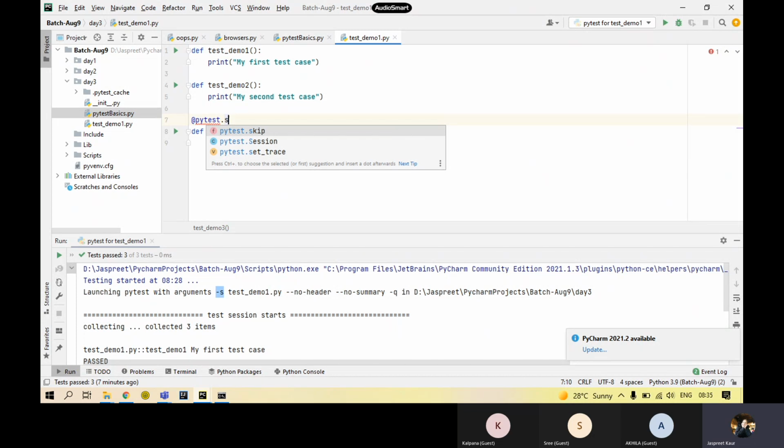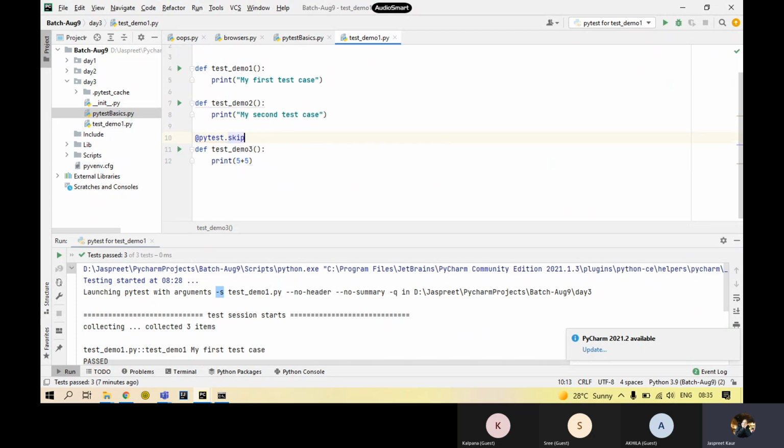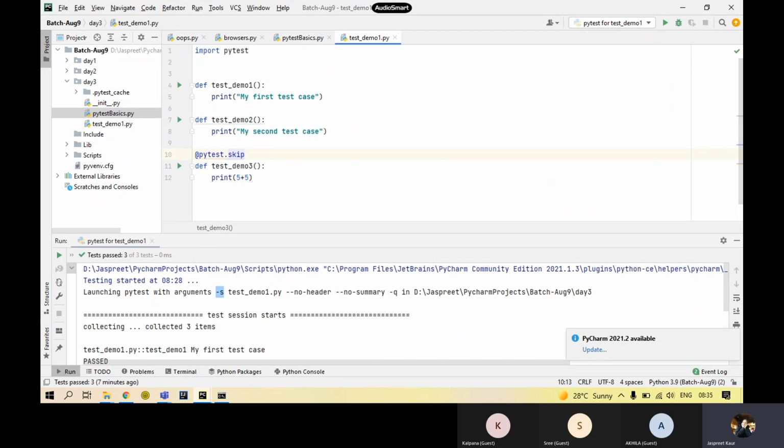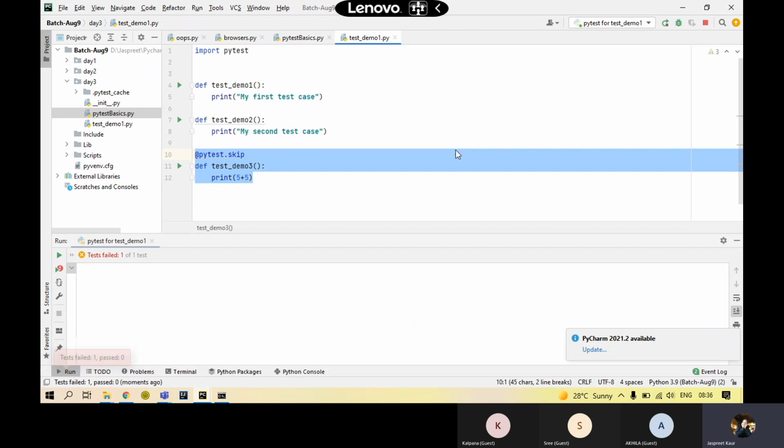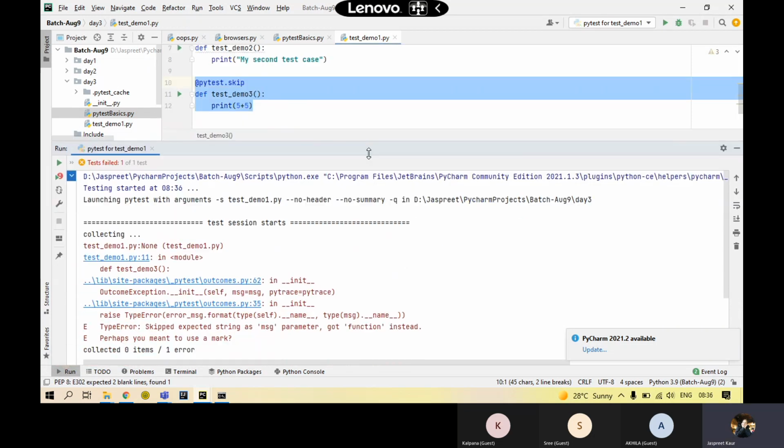Now, skipping the test case or running a test case individually, that's up to you. Which one you prefer, you want to run or not, that's yours. So if I save this and I run this file again, this function will not be executed. This will be skipped. It will clearly be mentioned that one test case is being skipped, and which one also will be informed to you. So over here, I got something: skipping expected a message parameter.